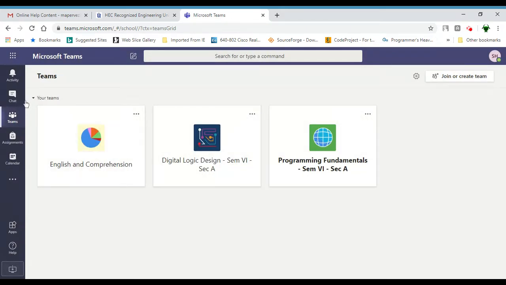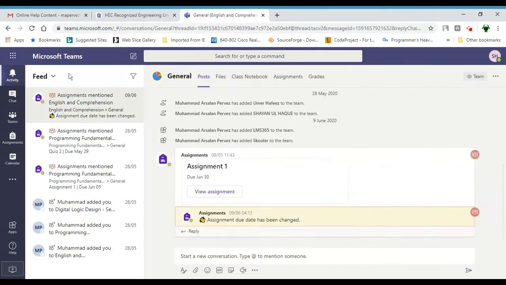Other than that, you have your activity, which is the most important window. I would recommend all of you to check out the activity page as soon as you log in. Basically, what it has is all of the important notifications similar to your Facebook, where all of the assignments